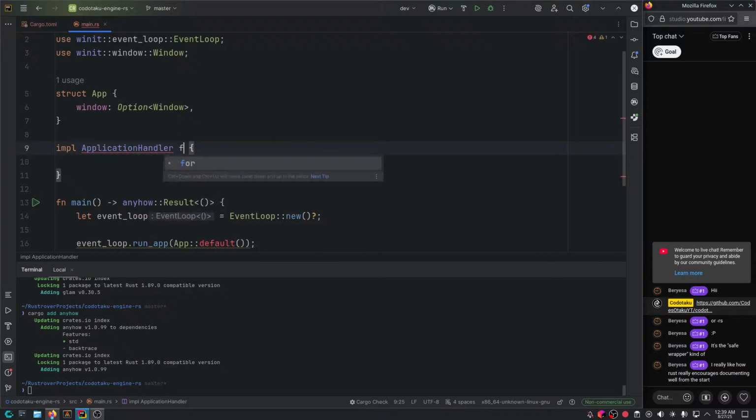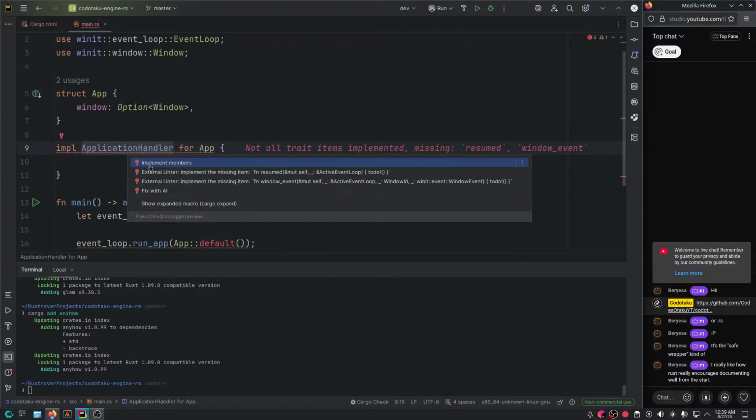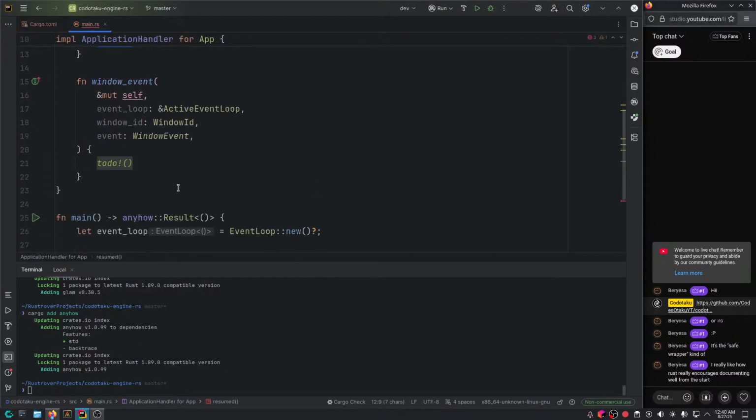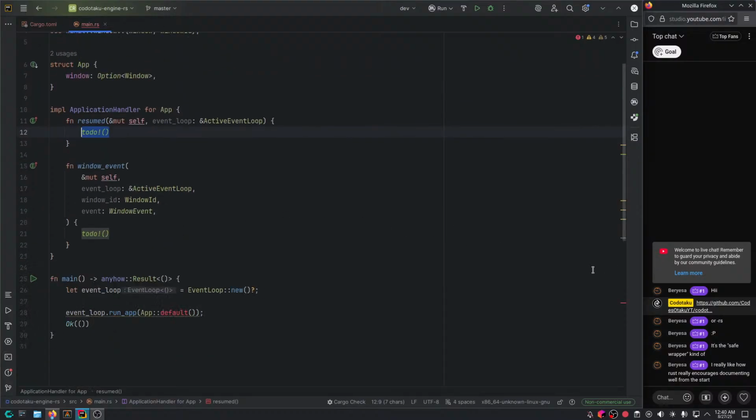Well, of course, we're gonna implement it for app. I'm gonna need some time to actually get back into Rust stuff. So we could implement all these functions, and they give us multiple things. For example, this resumed would tell us when the application would resume, window event, when there is a device event, and so on. All right, let's say okay. And now it generated these two.